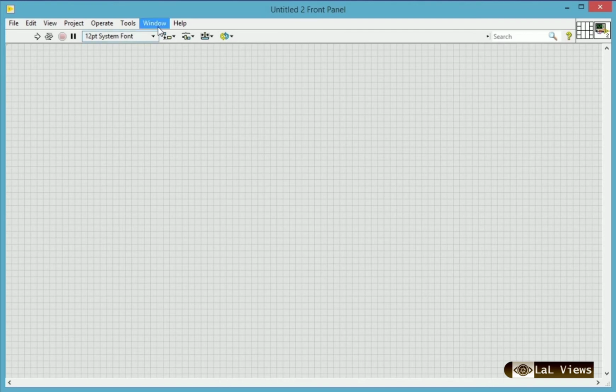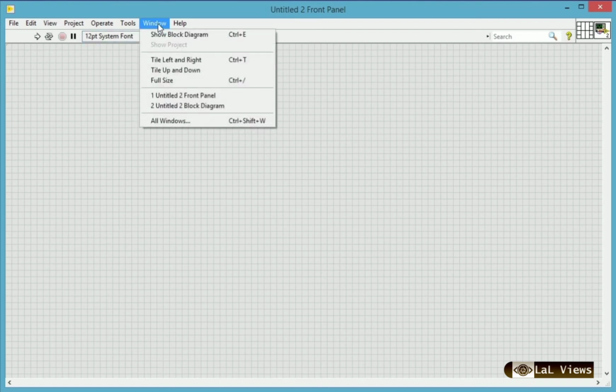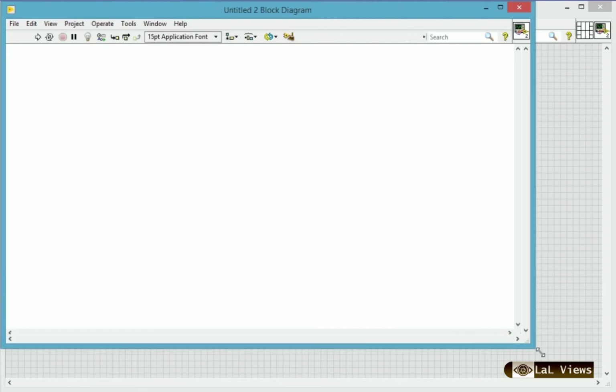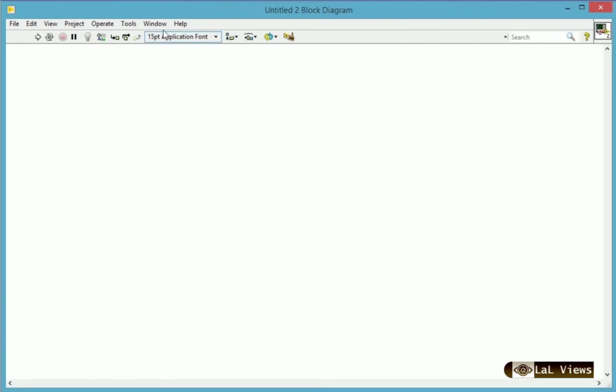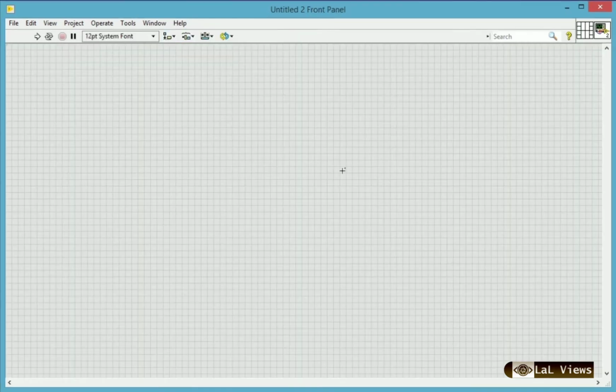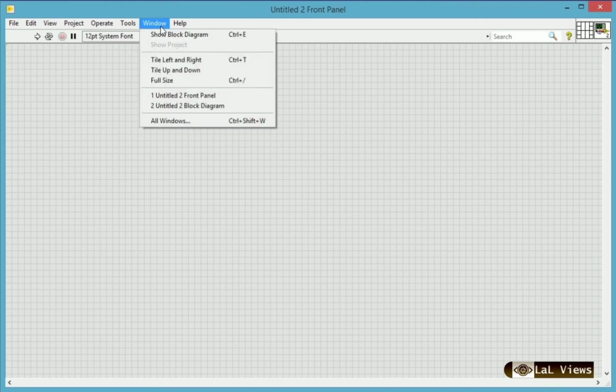When you want to see the block diagram window, you just click on window and show block diagram. So you can see the block diagram. Again in window, if you press show front panel, you can see the front panel. Two more options are there: tile left and right, and tile up and down, which means the front panel as well as the block diagram can be placed on the left and right side, or in the up and down position.